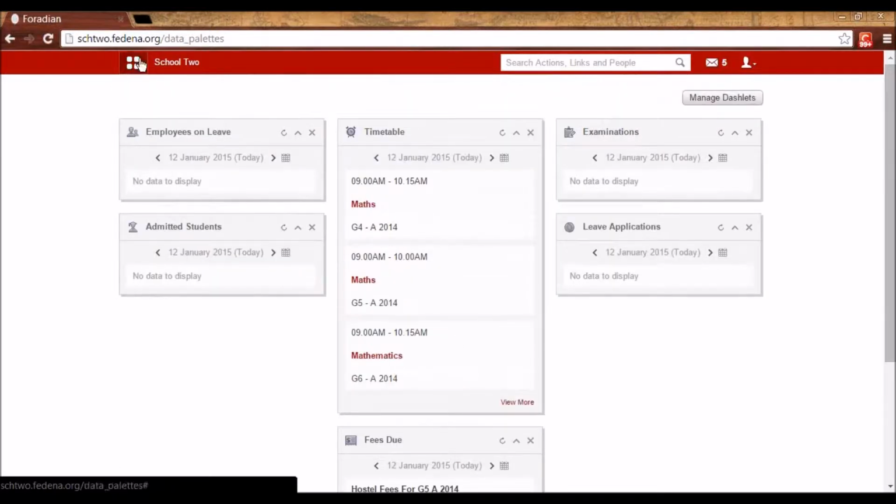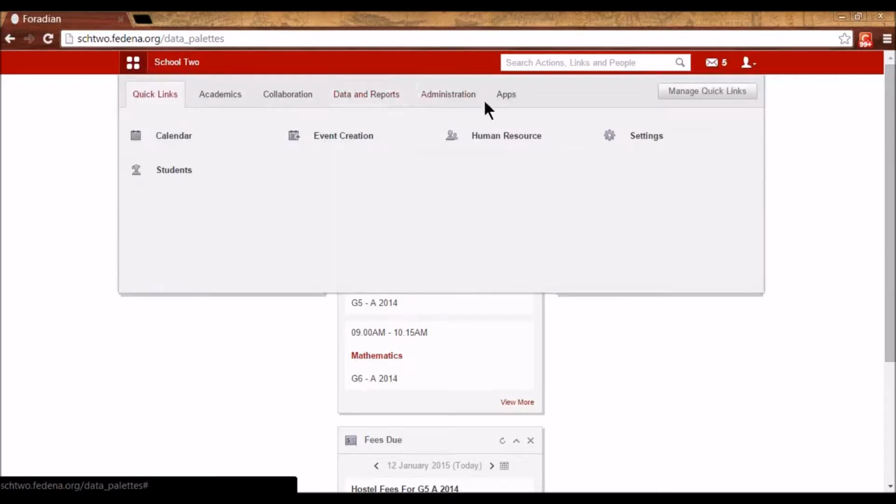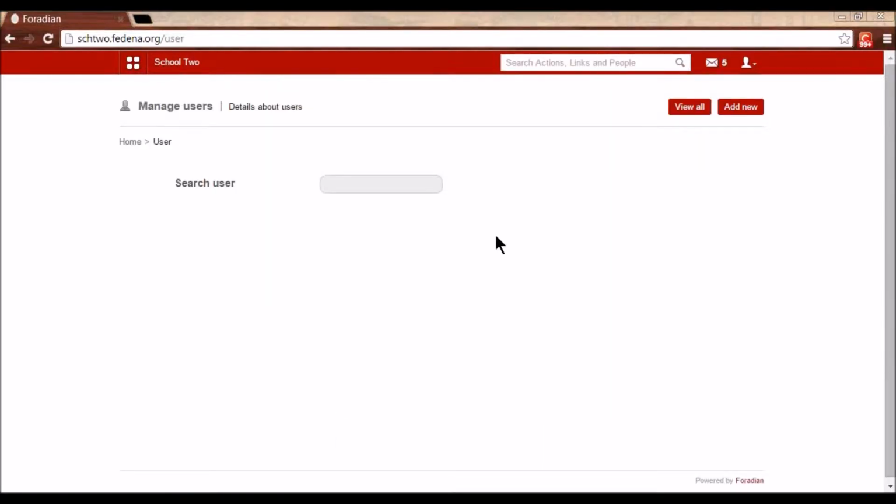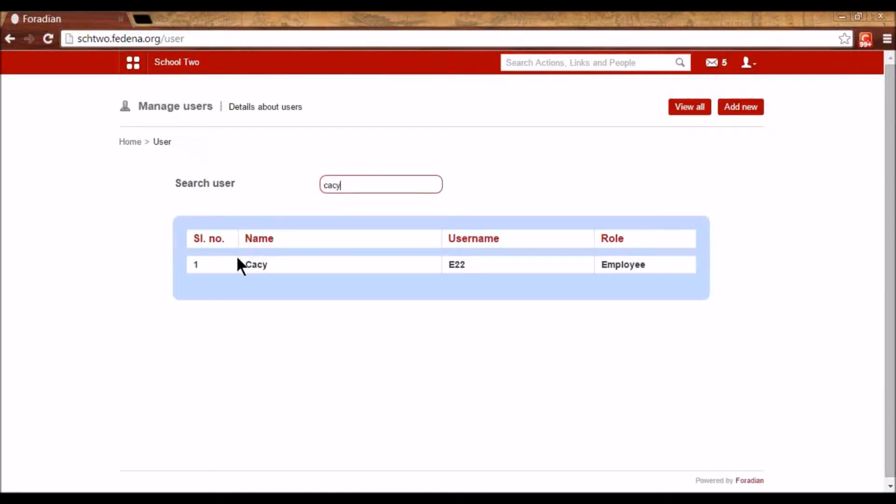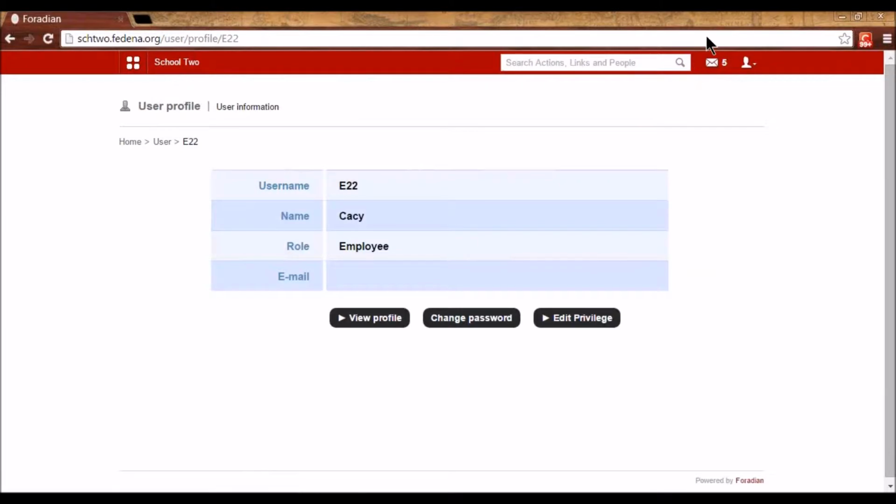Now let's see another important enhancement that was requested by a lot of clients, and we have done it in privileges, finance privileges of an employee. When we go to user and search some user, which is an employee, you will see that I can edit the privilege here.